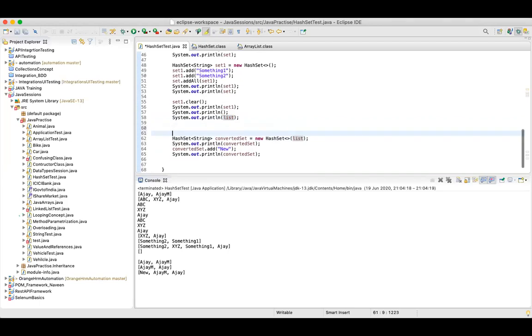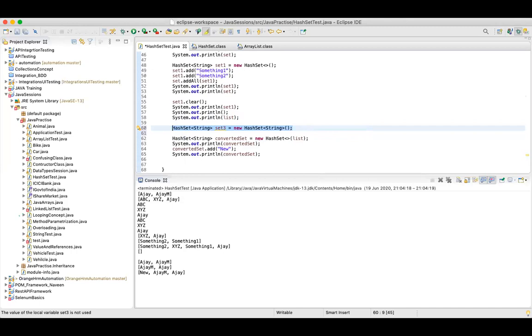So see, let's say this is your list. You have a list with some elements. Now when I say HashSet of type String, and let this be set 3 equals new HashSet of type String, what will this line do? This will create a new hash set as set 3 and it will be empty.